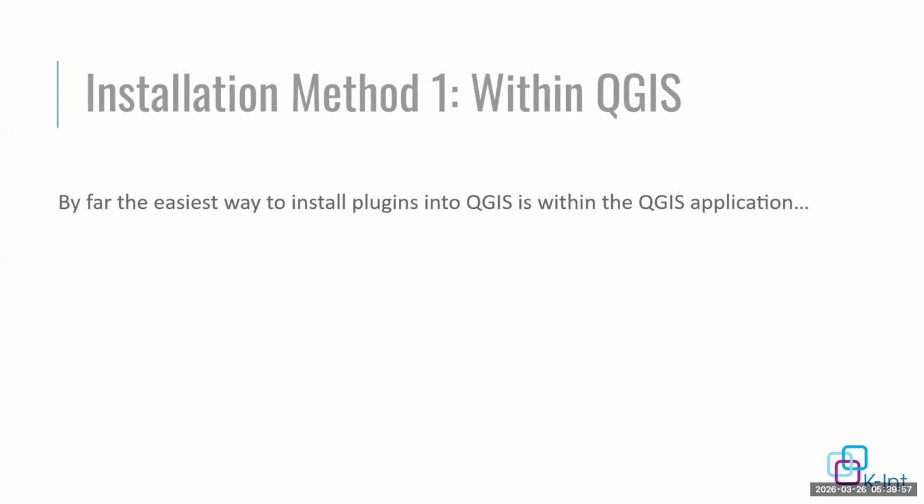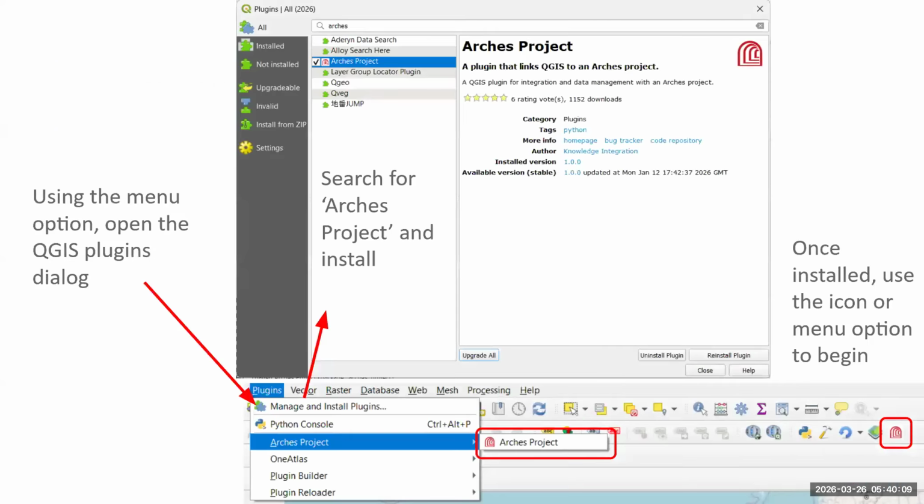So you've done your requirements, you've got Arches up and running. So how to actually install the plugin? The easiest way is to just do it from within QGIS. And it's simple, it's easy. You just need to go to the plugins bar at the very top, hit the manage and install plugins option, and this will open up your plugins dialog where you can see everything you've got installed and all plugins that exist in the world. So once you're there, you can search Arches or Arches project